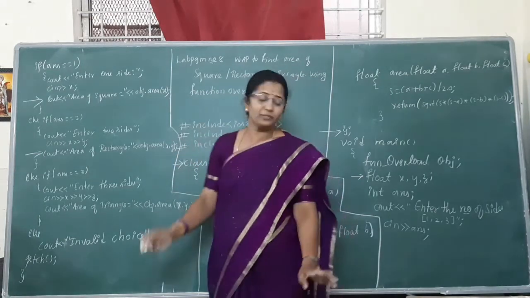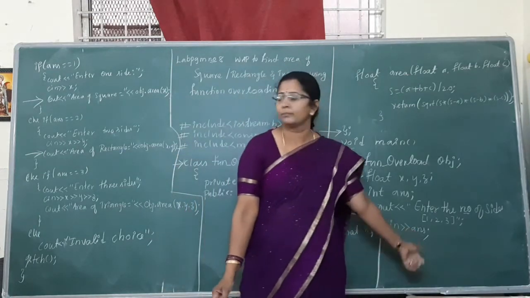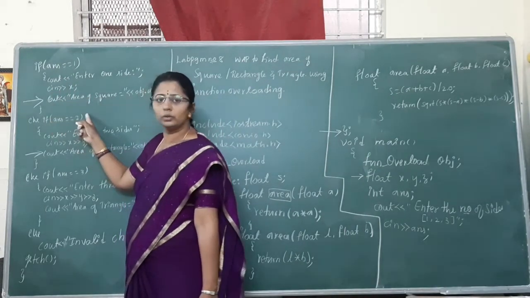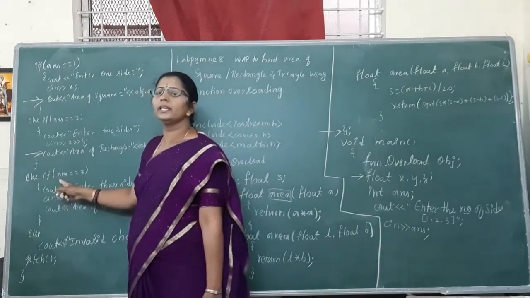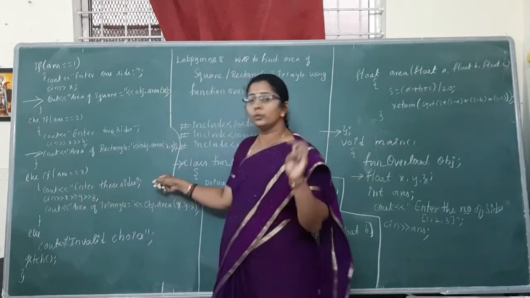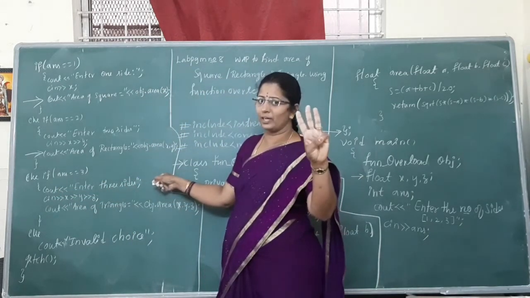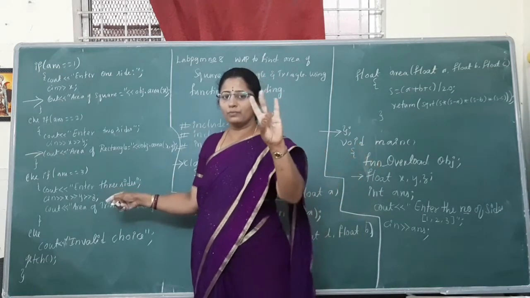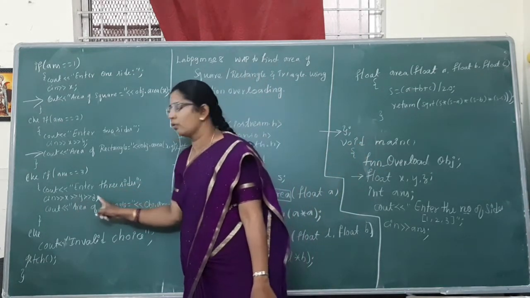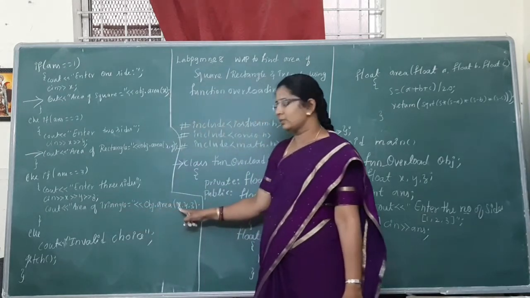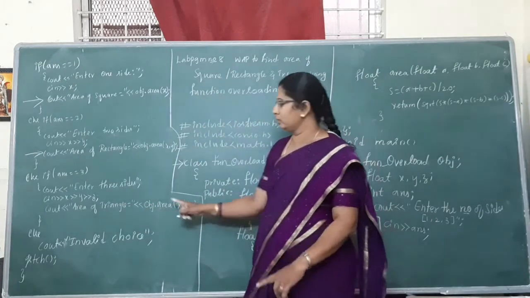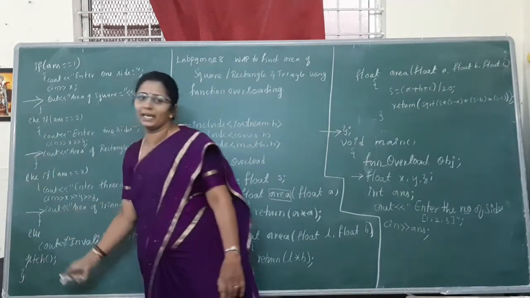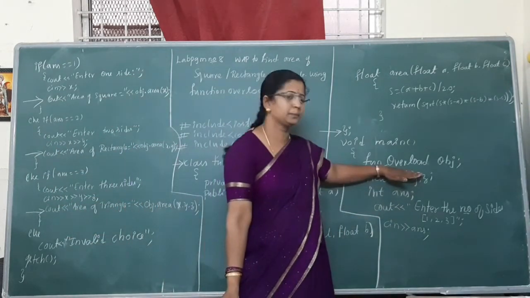Okay. Suppose the choice is 3. Is 3 equal to 1? No. Is 3 equal to 2? No. Is 3 equal to 3? Yes. How many values do you need to insert? 3 different values. In the previous example I gave 3, 4, 5, so give 3, 4, 5 here. The x value, y value, z value go to the function. Only these 3 lines have been added below this.